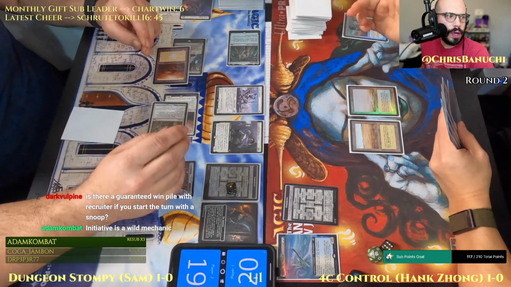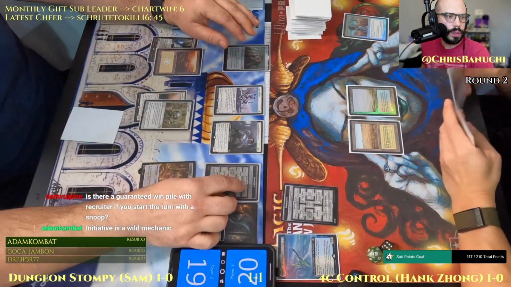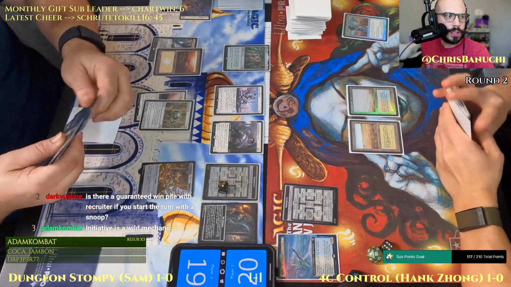All right, here's Flooded Strand. There was Flecking Bomb that it was a Wednesday night. I didn't feel like passing the turn. So I'm attacking with the